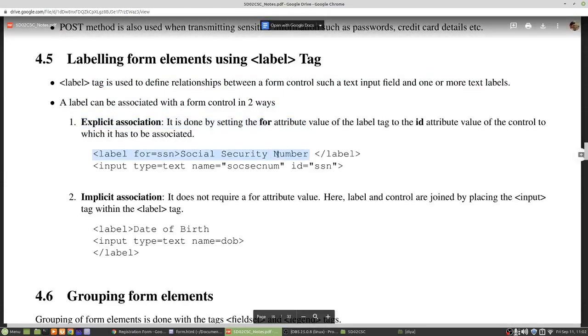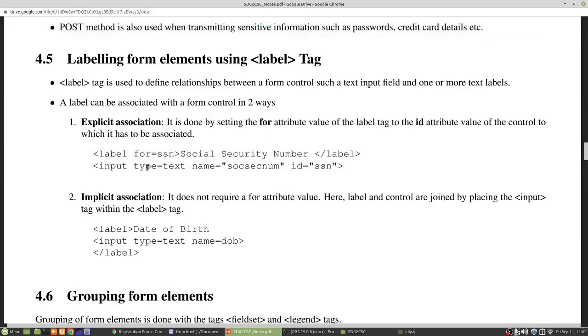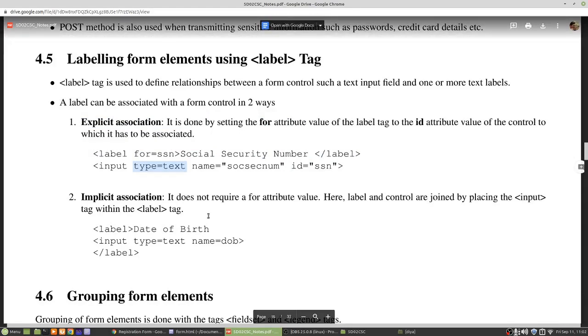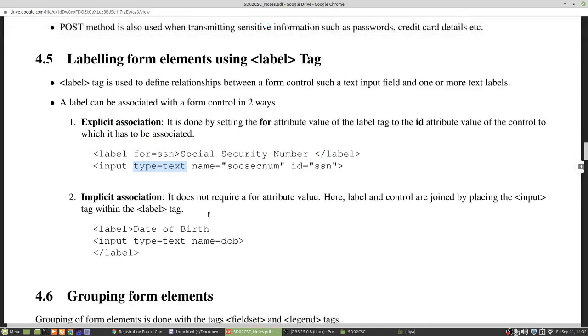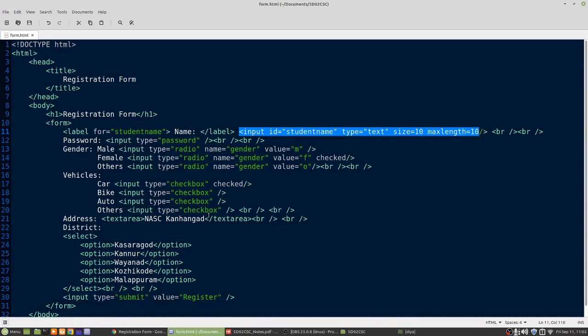Label for some text for SSN, this value should be coming as an ID for the input type. And another method for associating a label with the form control is just remove this for attribute.